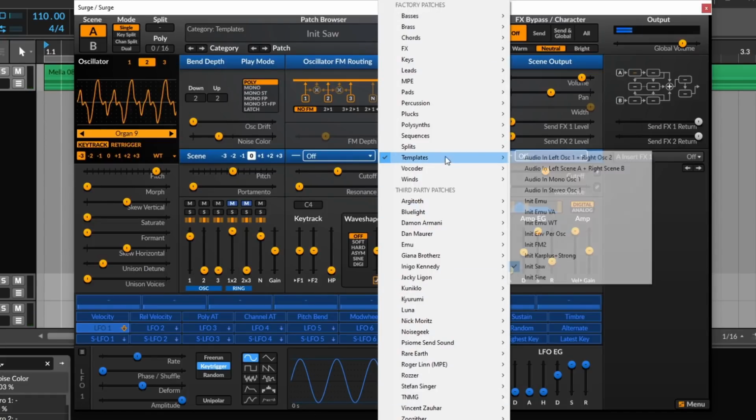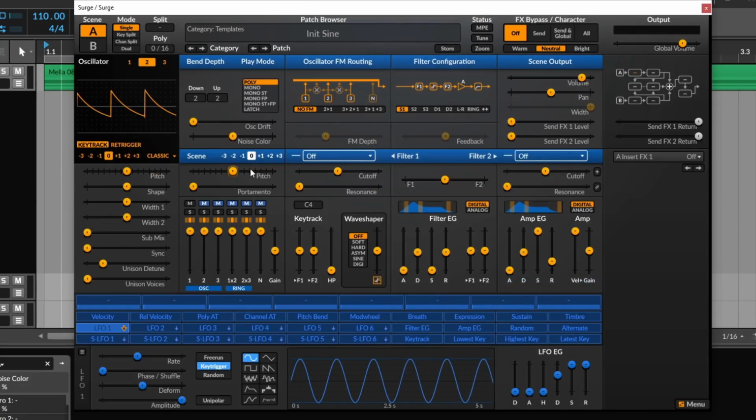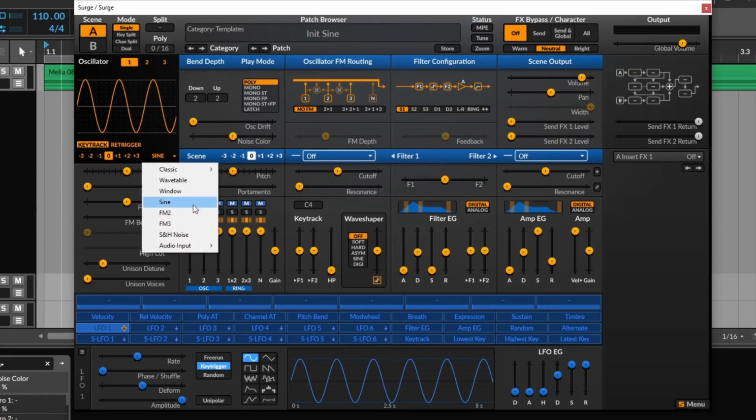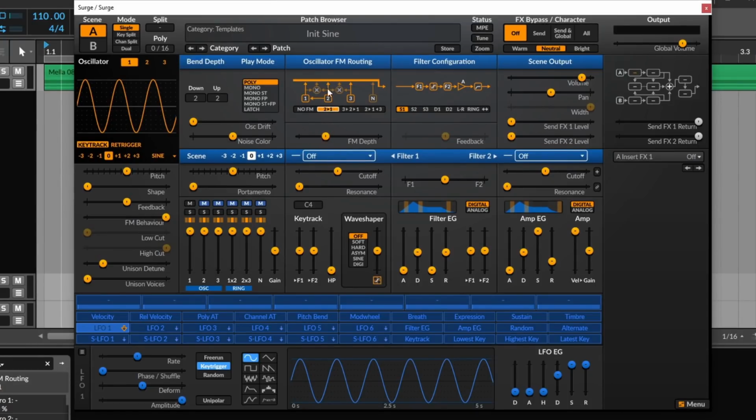Let's go back to that initialized preset in here in the templates. And this time let's go to a sine wave. So that will give oscillator 1 as a sine. And we'll move on to this FM routing here. So you can do FM within the FM oscillator here that I showed you earlier, so FM2 and FM3, but you can also do FM between the oscillators, and the way that you do that is in here with this routing. So by default there's no FM, and then if you select this second one here, then oscillator 2 is going to FM oscillator 1,